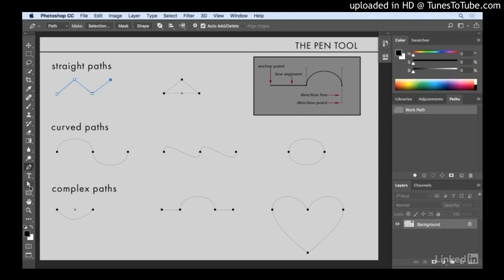So I've got a background layer, and I've got my pen tool selected, and it's going to create a path. I'm just going to click once to lay down the first anchor point. I just want to draw a straight line, so I'll click again, again, and again, and that's how easy it is to draw a straight path. Now, if I move over to the triangle and click, well, Photoshop is going to continue to draw my path. So I'm going to undo that using Edit and then Undo New Anchor Point.